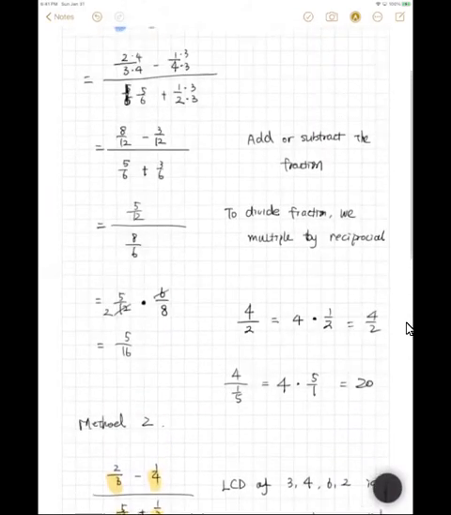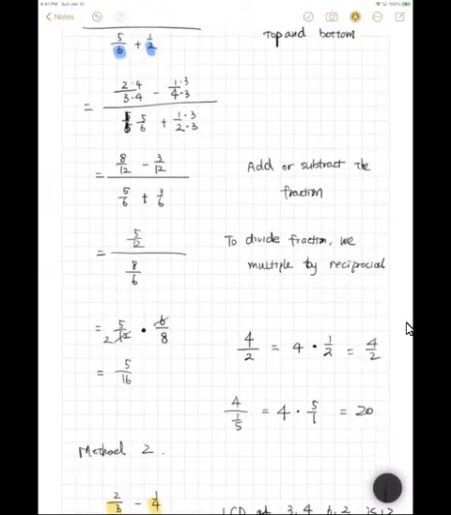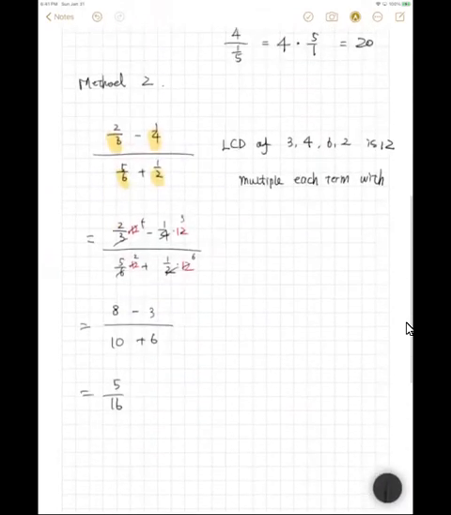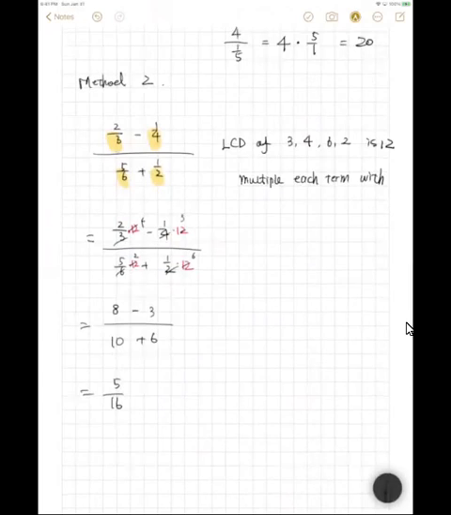So we have two ways. Either divide the fraction, we use multiply by the reciprocal, or you can multiply each term with the least common denominator. Two methods. Now we can use this way to